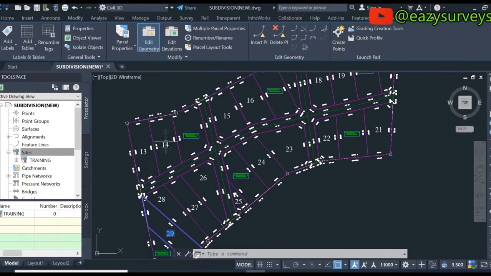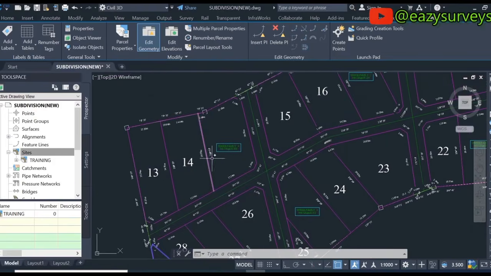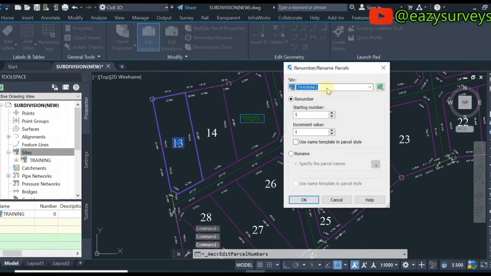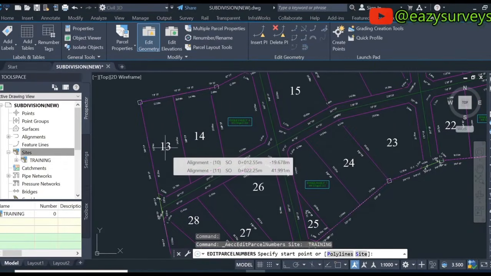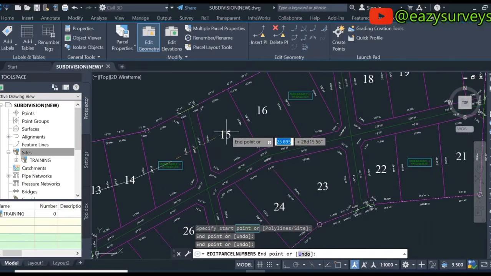That's not all. For you to renumber these, you can see this is 30, 40. Maybe you want it to start from 1, 2, 3, and the rest that way. You click on the parcel number of one of the plots. You come to renumber and rename, you click on that. Here nothing to do much, you just start from number 1 and increment of 1. Then click on OK. You'll see the plus icon to start choosing each plot. You start from where you want the numbering to start from. So I'm just going to start from here, next point here,